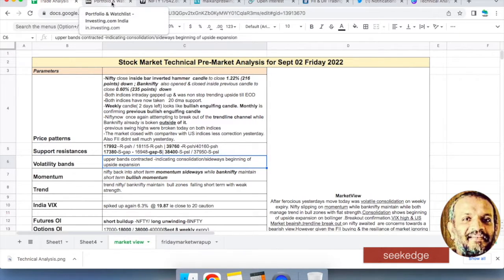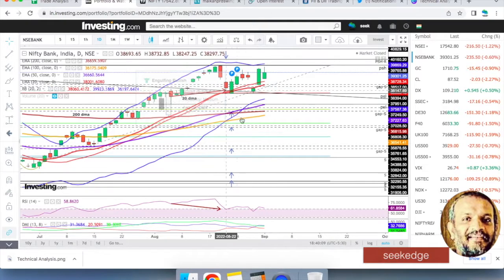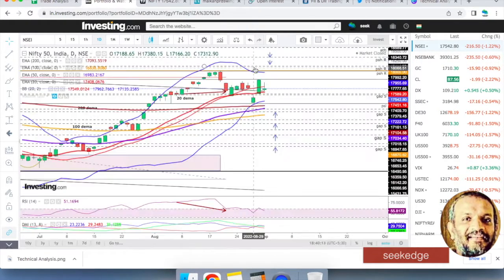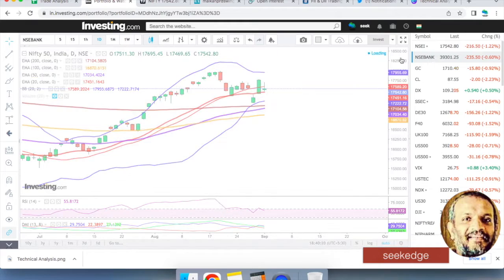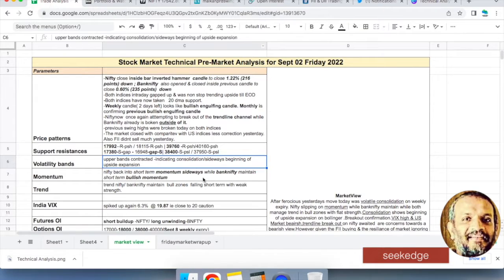Bollinger Bands are indicating that there is consolidation. We already saw that the other day, the same contraction is there. It's consolidation, but there is an expansion that's starting, slightly starting on the Bank Nifty only. Nifty, no, it's not there. So Bank Nifty indicates there is some expansion on the upside, but primarily it's a sideways move